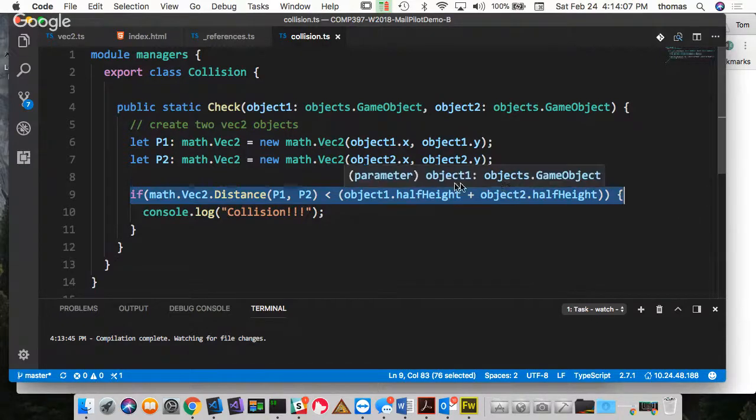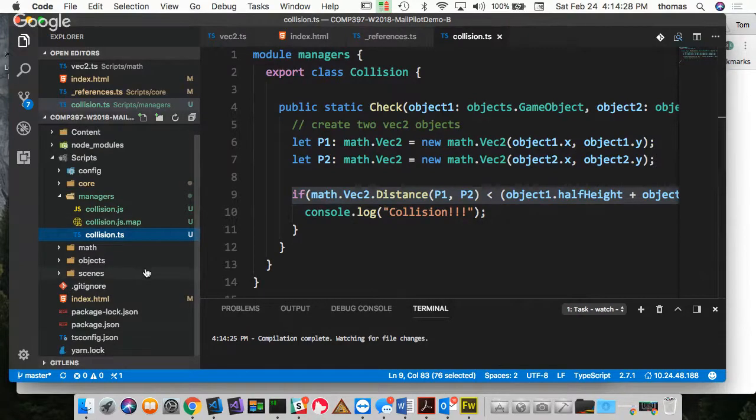And now we're checking to see if the half height of object 1, let's say the plane, plus the half height of the other object, let's say the island, is less than, if the distance is less than those two things added together, I have a collision. So it's distance calculations. Okay, let's add my first version of my collision manager onto my